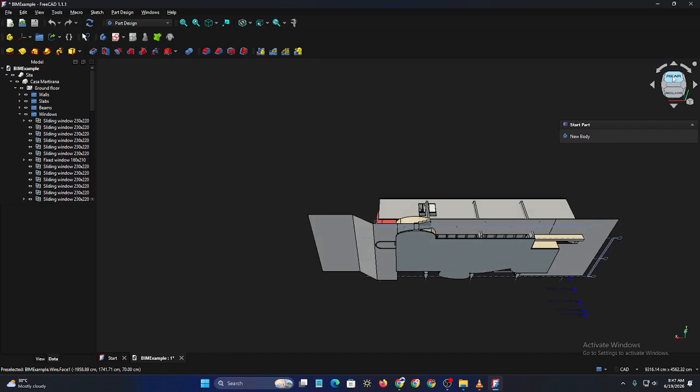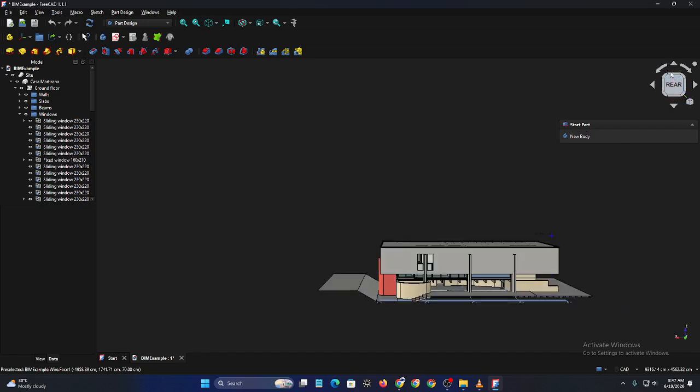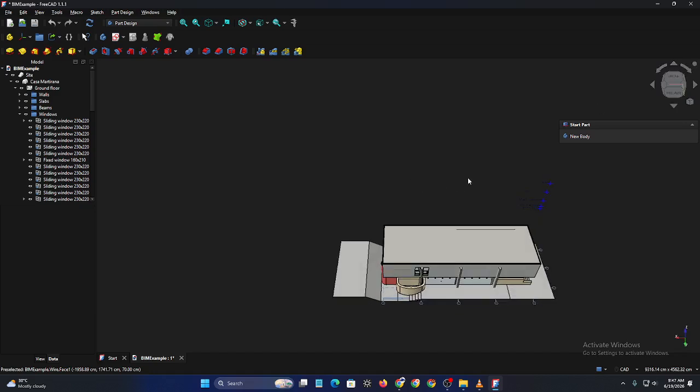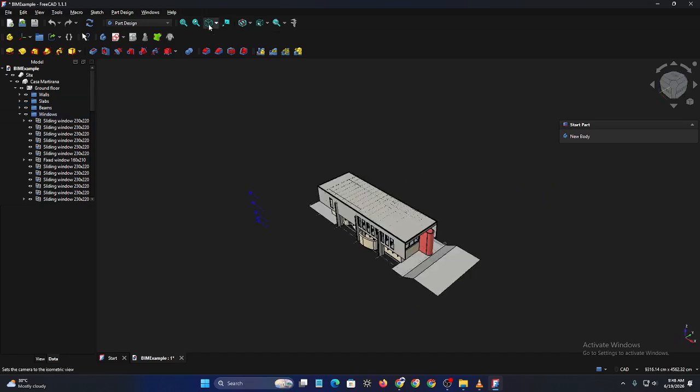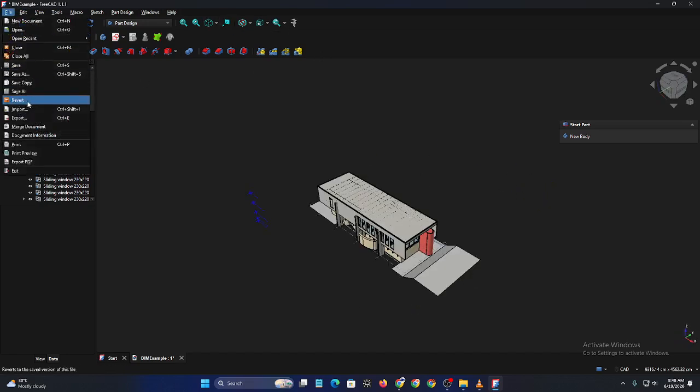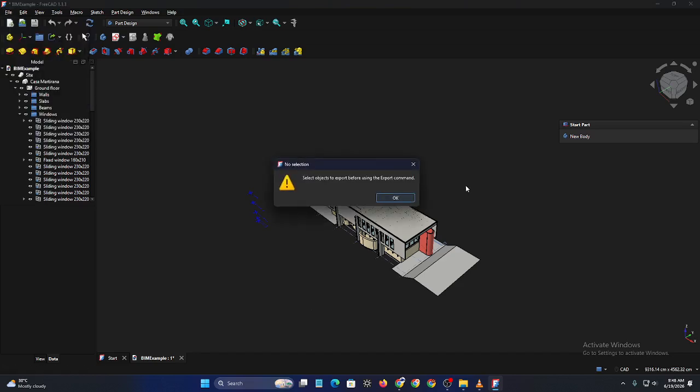So let's get started. First, launch FreeCAD and open the workspace where you want to import your CAD file. You can either start with a new project or open an existing one if you plan to combine the imported model with other designs. Before importing, make sure you know the format of your CAD file. FreeCAD commonly supports formats such as STEP, IGES, STL, OBJ, DXF, and several others, depending on your setup and installed